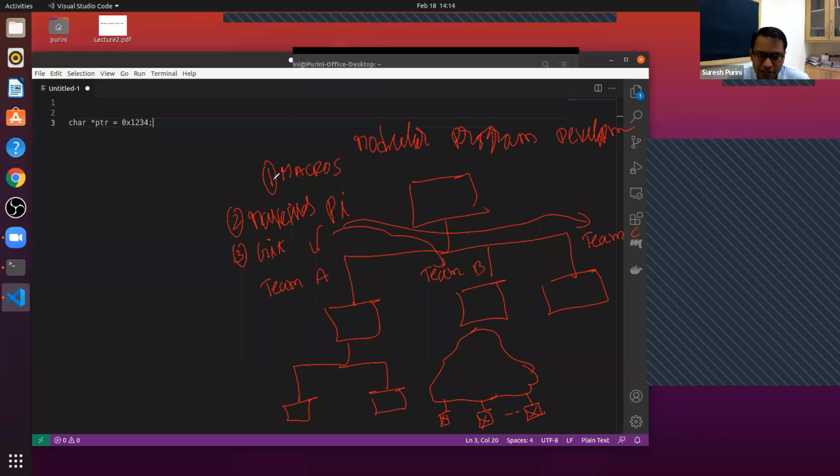Version control system, I will send you one link. You can watch that video. But essentially, when you are developing a program, you have a working version, and then you want to include a new feature in your program. So you have an initial version.